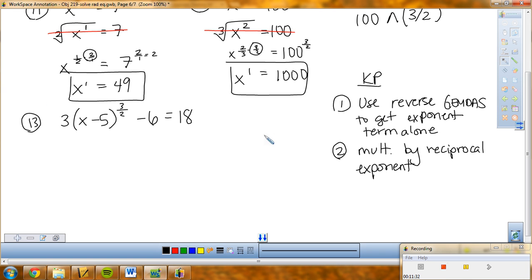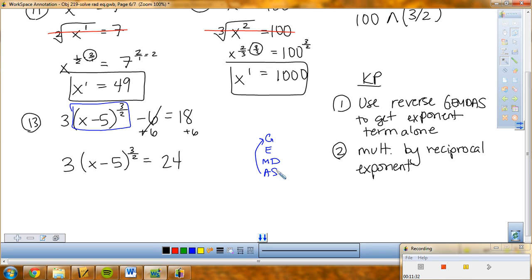So an example like this, I'll write out our GEMDAS. So I have grouping, exponents, multiplication and division, and addition and subtraction. And I want to go in the reverse order. So first I need to look and think, do I have any addition and subtraction? Because I want to get this exponent group alone. So yes, I do have addition and subtraction. I have minus 6, so I'm going to add 6 to both sides. That gets rid of that. I have 3 times x minus 5 to the 3 halves power equal to 18 plus 6, which gives me